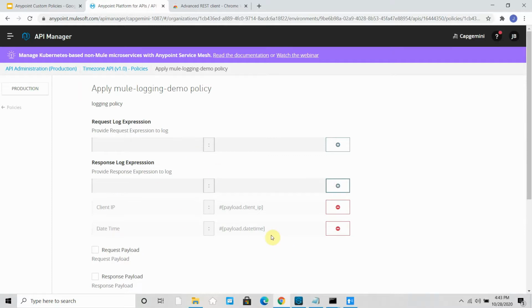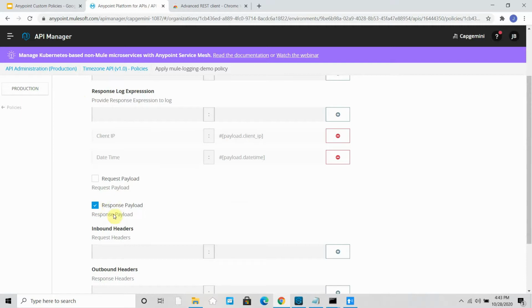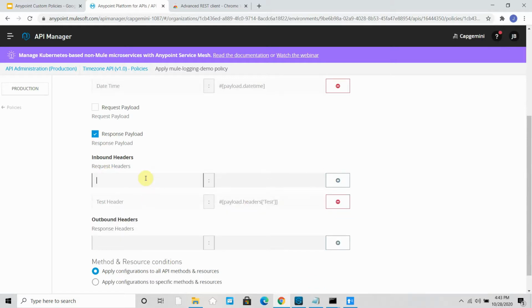Okay, for request I don't have any body, right, because it's a GET method. Definitely I want to log the response payload. Inbound header, I can send a few inbound headers. I can say test header, and if you want to read the header I can say payload dot headers, and I want to read a test header. Also I want to read an inbound content type,